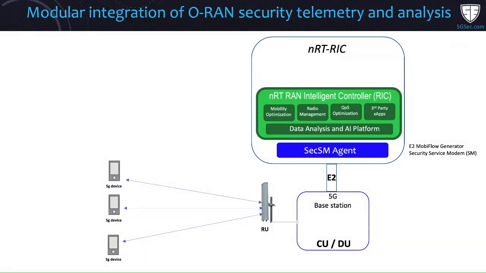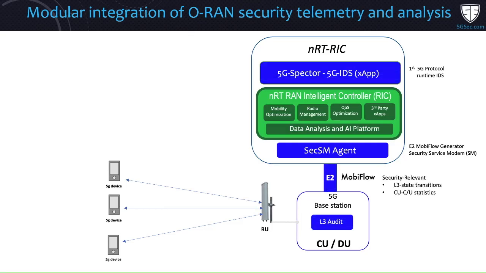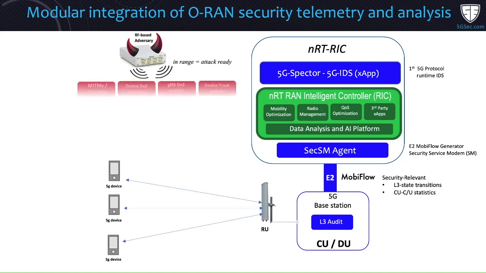Here is a simple diagram of the major elements that make up an O-RAN mobile network. 5G-Spector integrates into an O-RAN stack by instantiating a security-focused service model called the SecSM and an analysis algorithm hosted within the RAN Intelligent Controller, or RIC. The SecSM is used to create an entirely new E2 telemetry stream, which we've specifically designed to give our xApps visibility into all the security-relevant state transitions and RAN statistics that we need to detect attacks and other security-critical activity